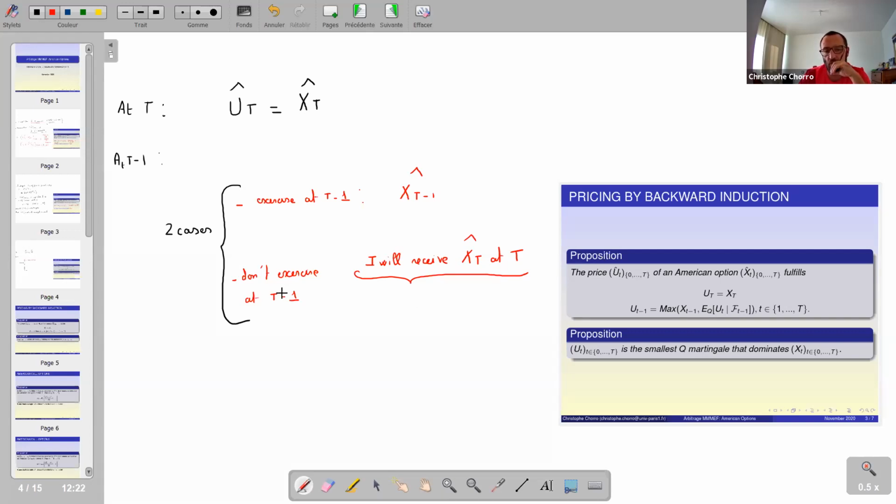And what I want to know, in fact, is what is the value of the product that will allow me to obtain x capital T at capital T. According to what I have done previously, and using the fact that my model is complete, the price at capital T minus 1 of a product giving x capital T at capital T is just the price of a one period contingent claim, a European option if you want, and the price of this one, the value of this quantity